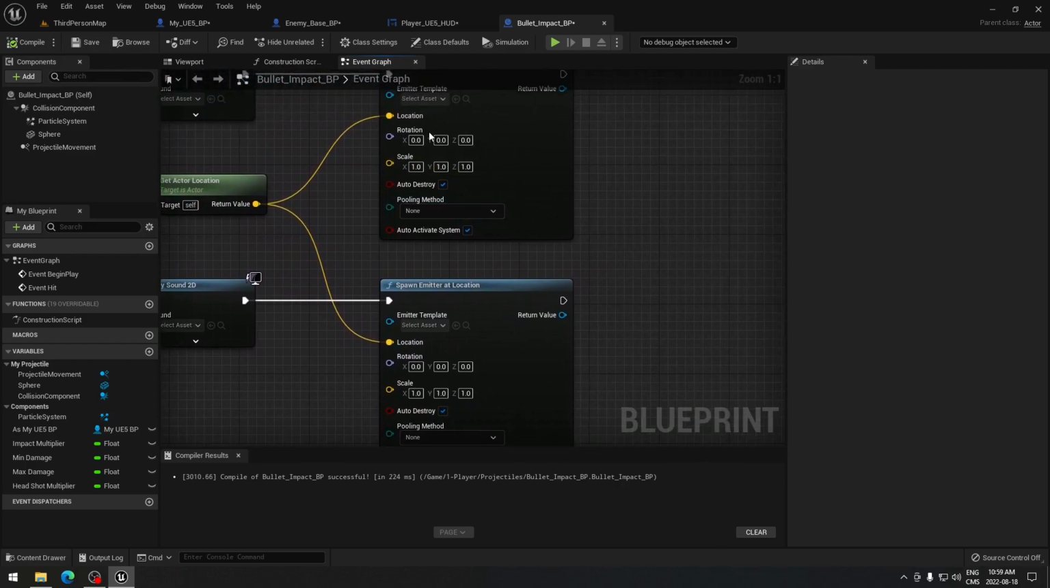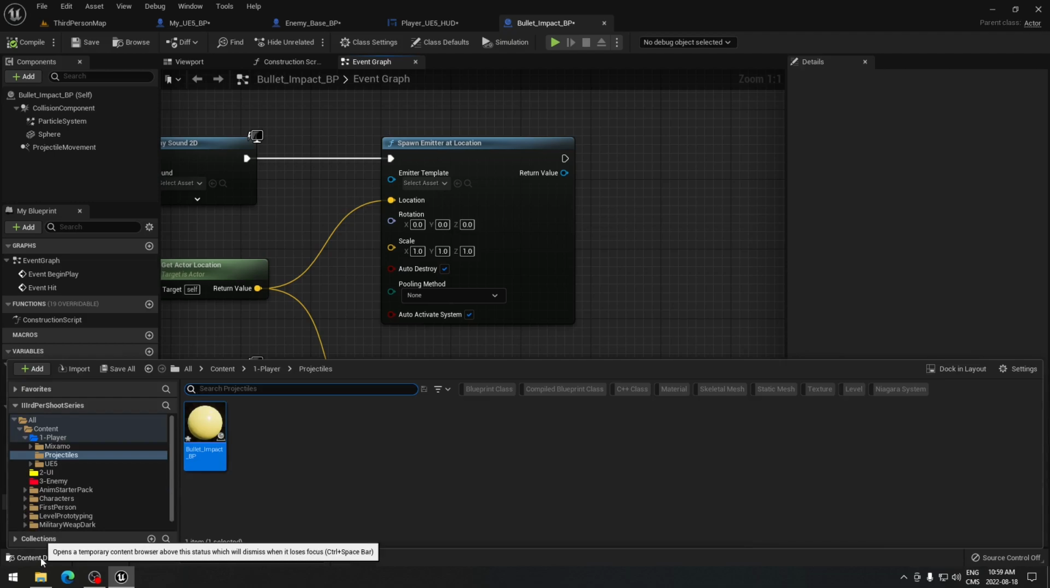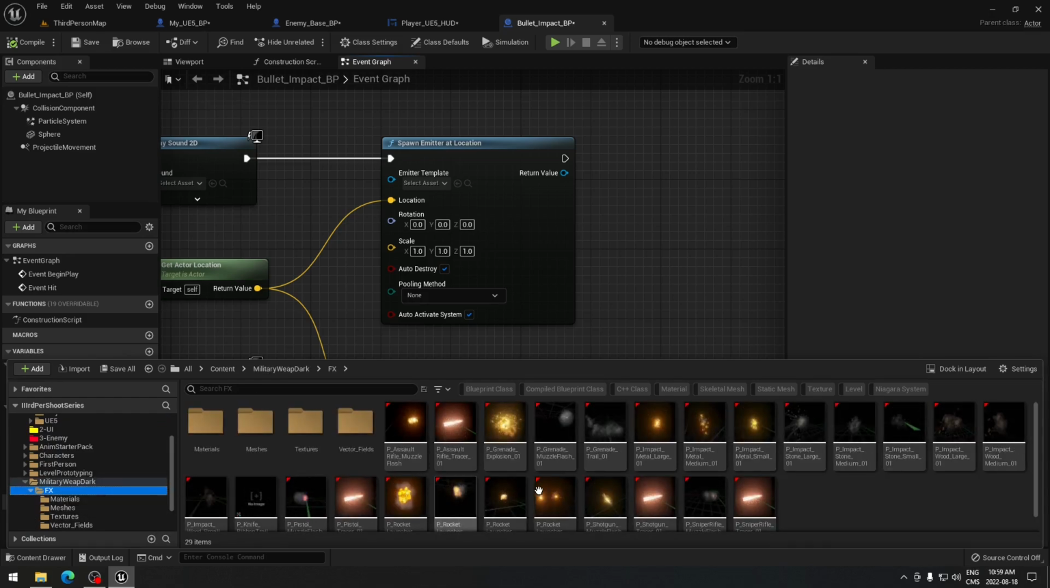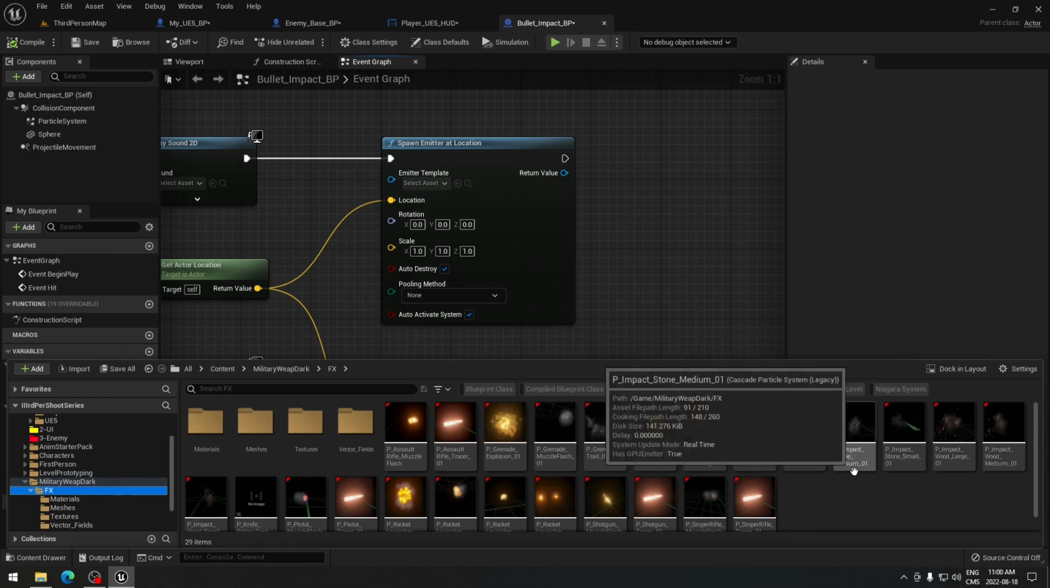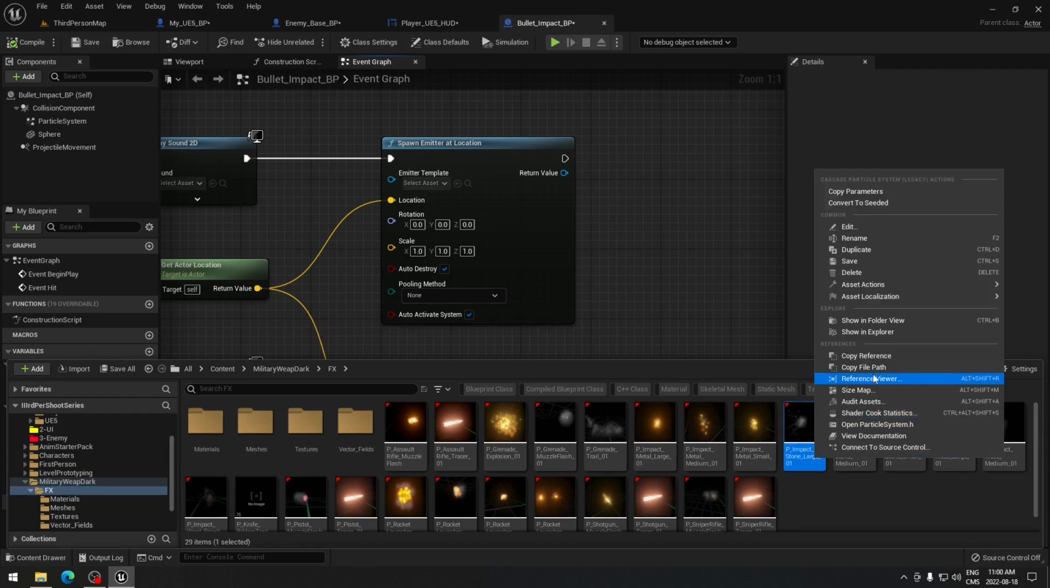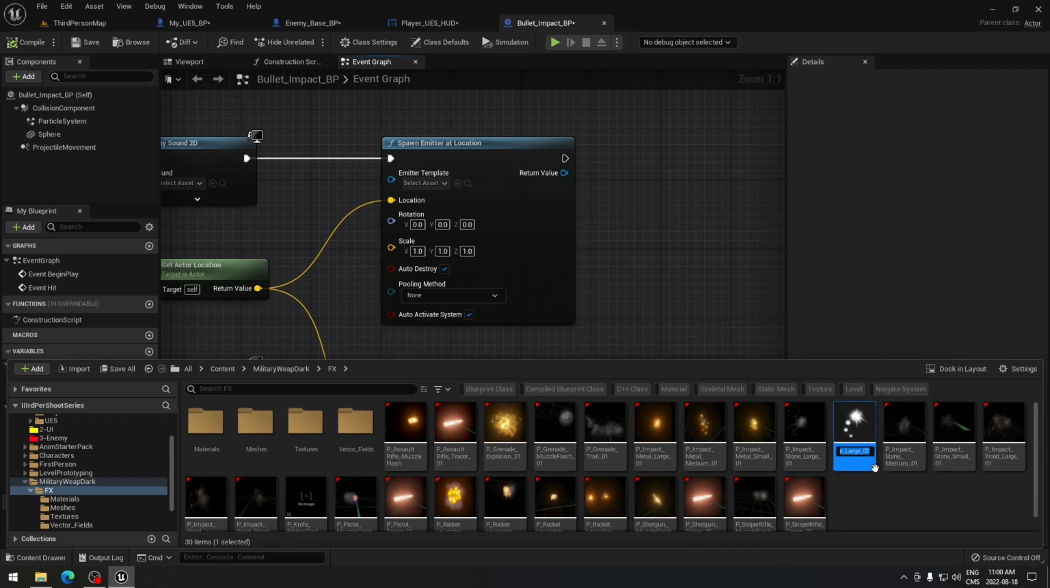Perfect. So if you want to put blood here, there's a little trick here. So we can go to, where it is, I believe it's in the military weapon pack here. Go to the FX, and it's gonna be the stone here. So that's the small, the medium, and the large. Let's take the large. So we're just gonna duplicate this. So it goes to a duplication, and I'm gonna call that P impact blood,